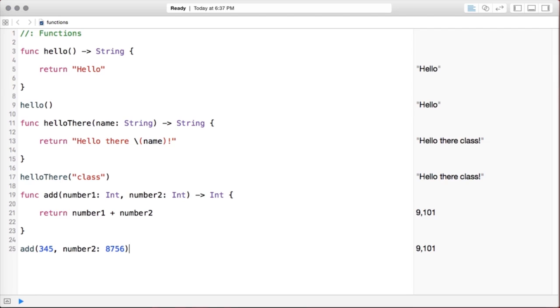Now, we could have had that return a string that said, 345 plus 856 equals 9101. But for simplicity's sake, we just return an integer there. So I want to get into slightly more complex functions, but I'm going to do that in the next video. I really just wanted to introduce you to the syntax of a function and let you understand how it actually